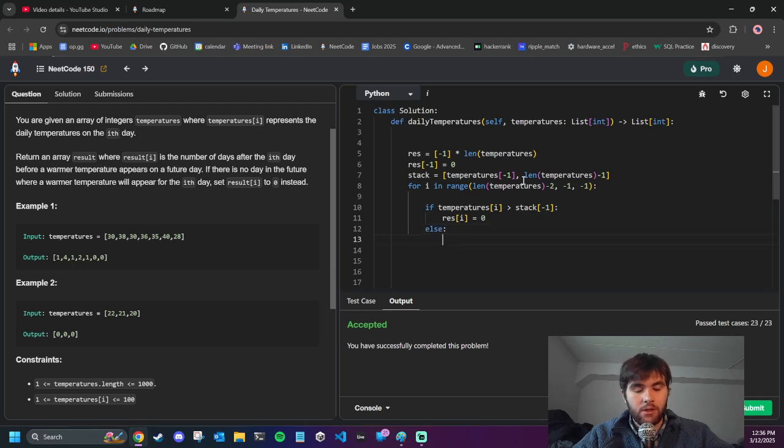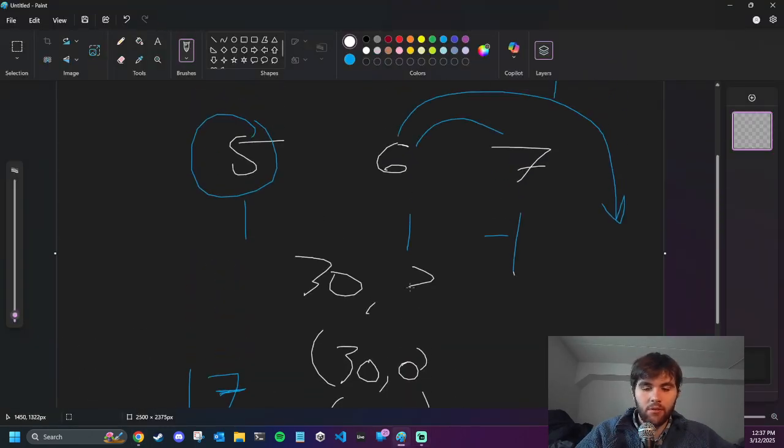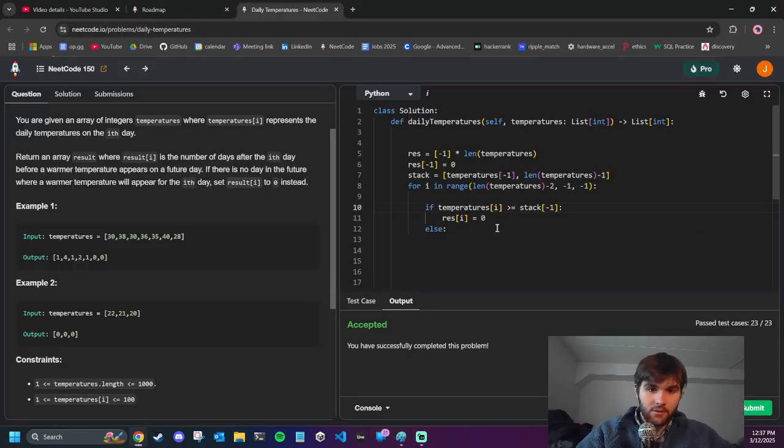Otherwise, what if it's equal to? Then I think that also should be 0, because if we have a bunch of 30s, let's say our array is 30, 30, 30, this would be 0. This has no warmer temperatures, and this has no warmer temperatures. So greater than or equal to would be our fail case, so to speak. Otherwise, if it is greater than the stack, or if it's less than the stack, I mean, we would say,